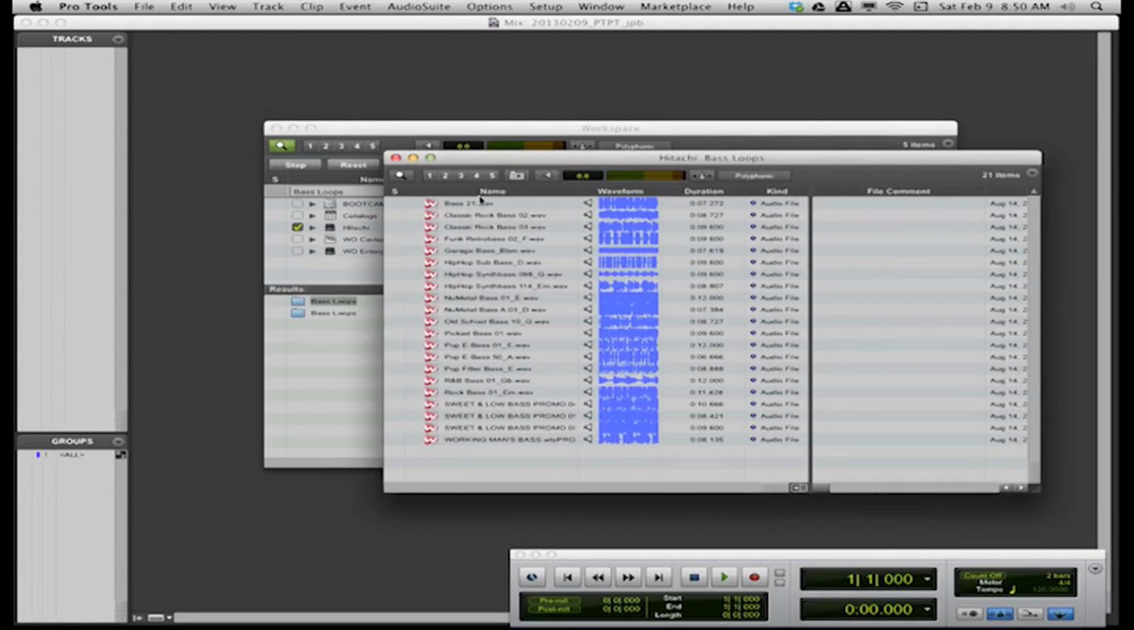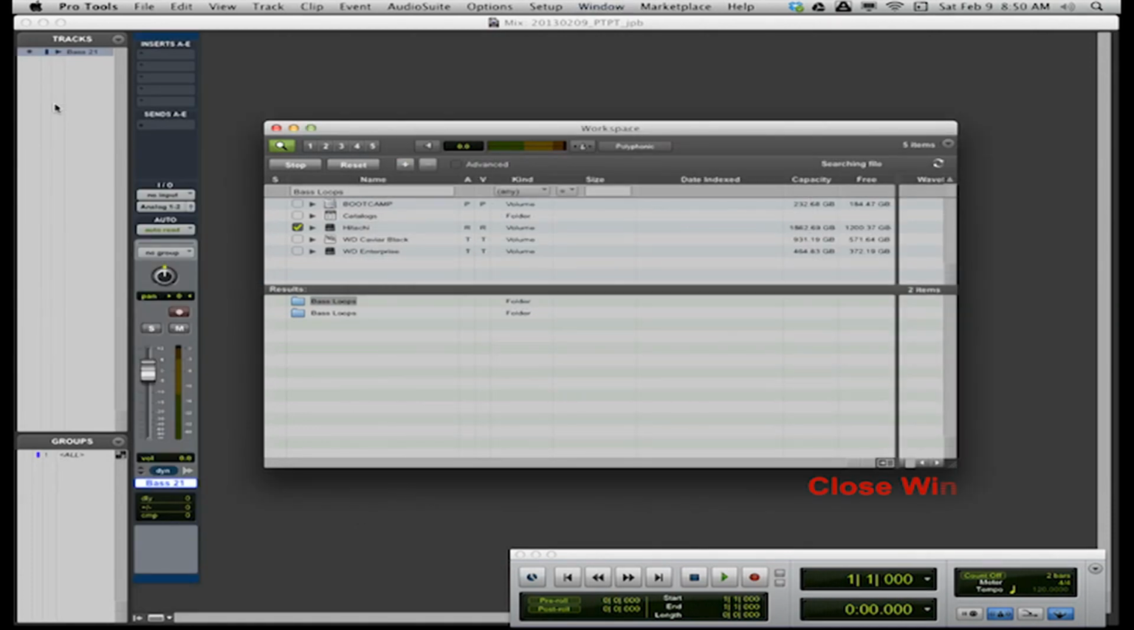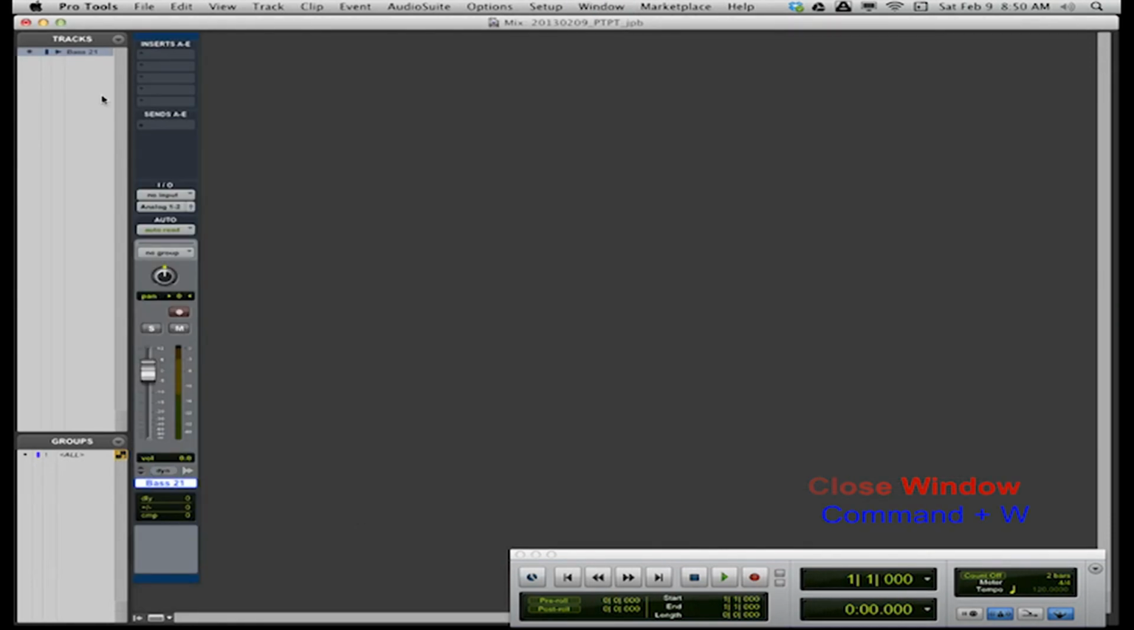Click the speaker icon to preview the loop. Drag the loop to the tracks list to create a new track. Switch to the edit window